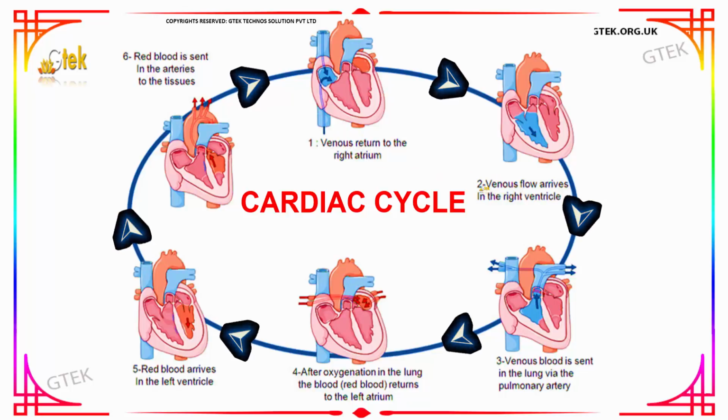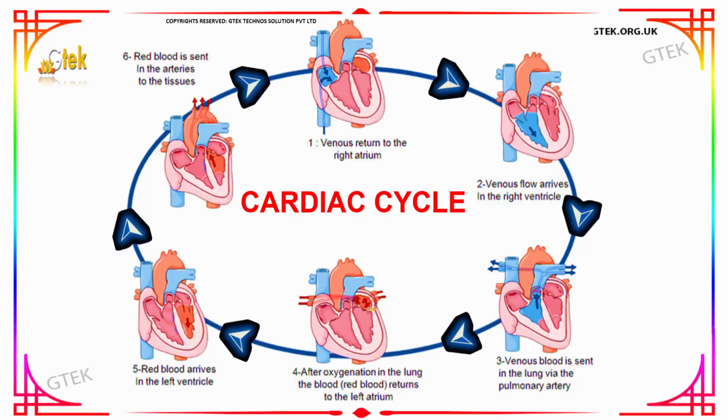The venous flow arrives in the right ventricle through the tricuspid valve. And the venous blood is sent to the lung via the pulmonary artery, and after oxygenation in the lung,